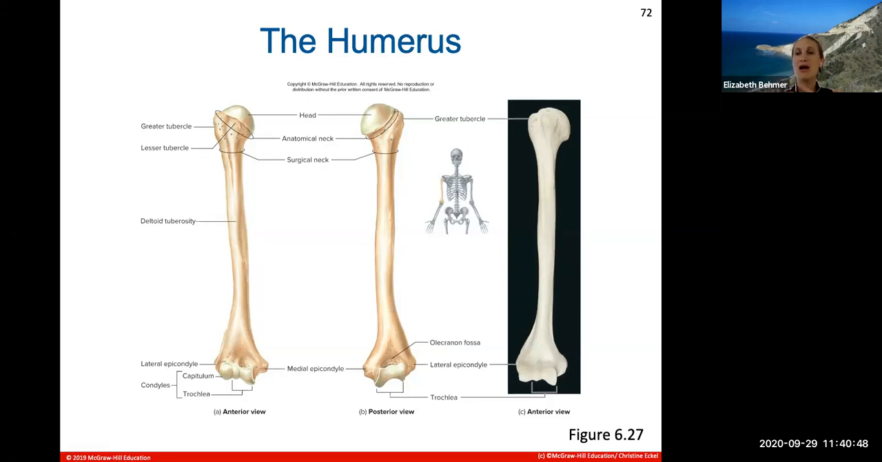Your deltoid muscle is the muscle that goes over your shoulder. It's shaped like a triangle. If you can feel where your deltoid muscle ends, that place where it ends is where it attaches to the deltoid tuberosity. And then at the distal or bottom end of the humerus, we have epicondyles, which are rounded bumps on